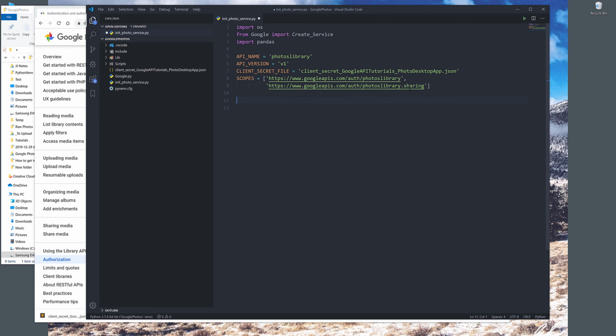Now we have all the variables we need, so we can create our service instance. For the create service function, our first parameter is the client secret file, API name, API version, and the scopes. Now if I highlight my Python statements and just run it,